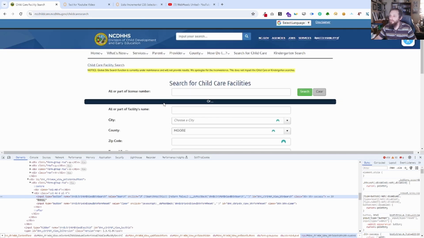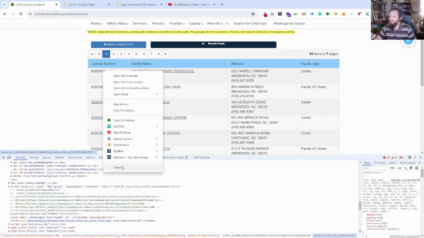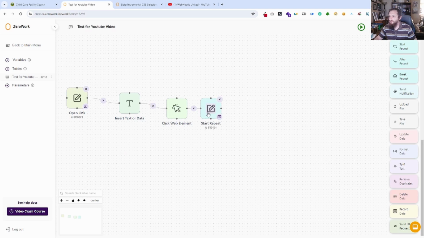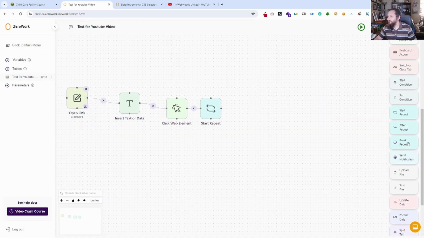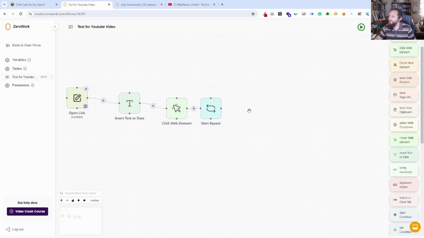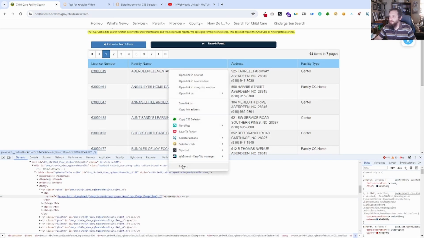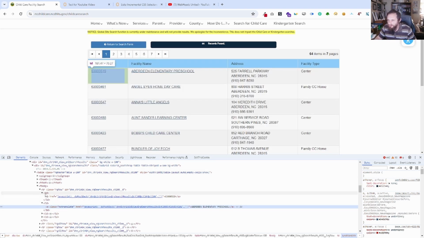So how do we want to then click on, got all that. We want to click on this to go into this page. Okay, so the first thing we need to do is we need to get our click button. Actually, let's save first. We'll save this guy right here. What is that? Okay, that's an A. Looks like every one of these has 1, 2, 3, 4. So this would be